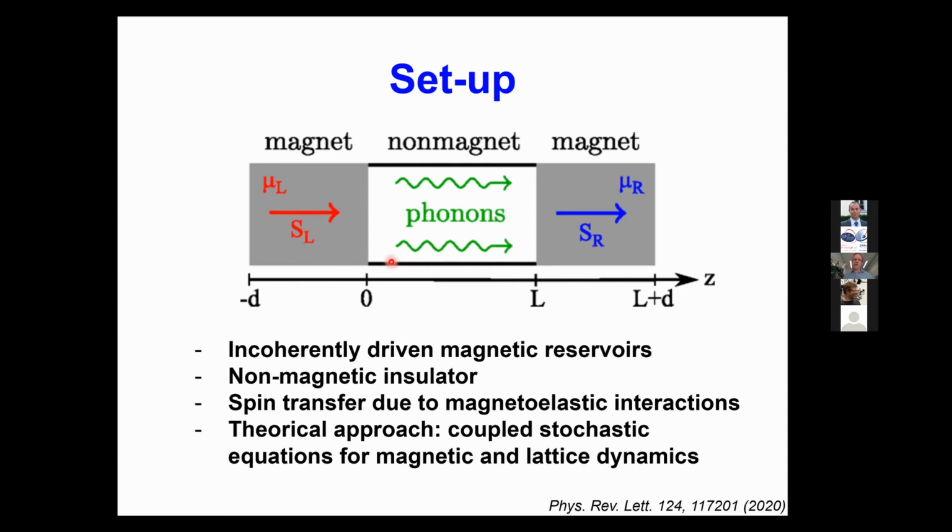currents as well. So you could imagine that I have a reservoir of a magnet with finite magnon spin accumulation. This magnon spin accumulation would be established by driving a spin-orbit coupled metal adjacent to it. But let's imagine there's a magnet with a non-equilibrium magnon spin accumulation on the left, and on the right as well. And then because of magnetoelastic coupling at the interface between the magnet and the non-magnet, and the magnetoelastic coupling in the bulk, you actually get a spin transfer from the left to right magnet, so spin currents flowing from the left to the right in this system due to magnetoelastic interactions. We'll skip this